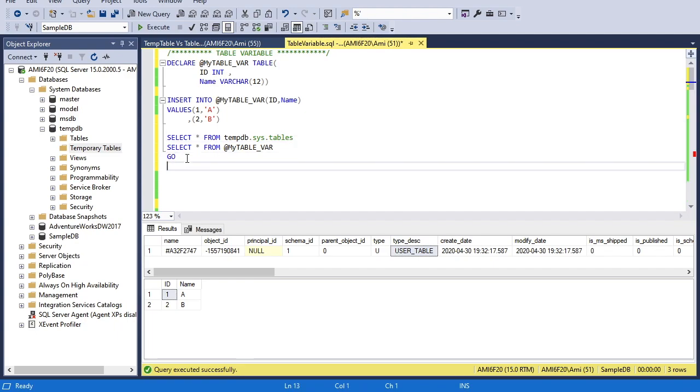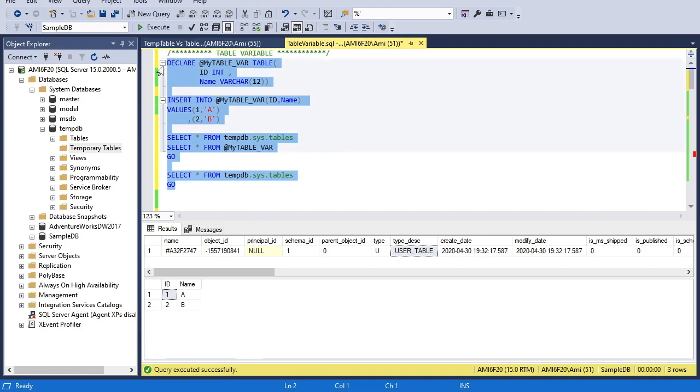But if I run this in a separate block, let's say after GO, the GO keyword separates the execution blocks. So I have created 2 blocks. Now no matter if I run all these at the same time, this section will run first. But for this query, SQL makes another, separate round trip to execute it. Okay, so both the queries will run separately because GO is separating the blocks. Okay, so if I run this again,